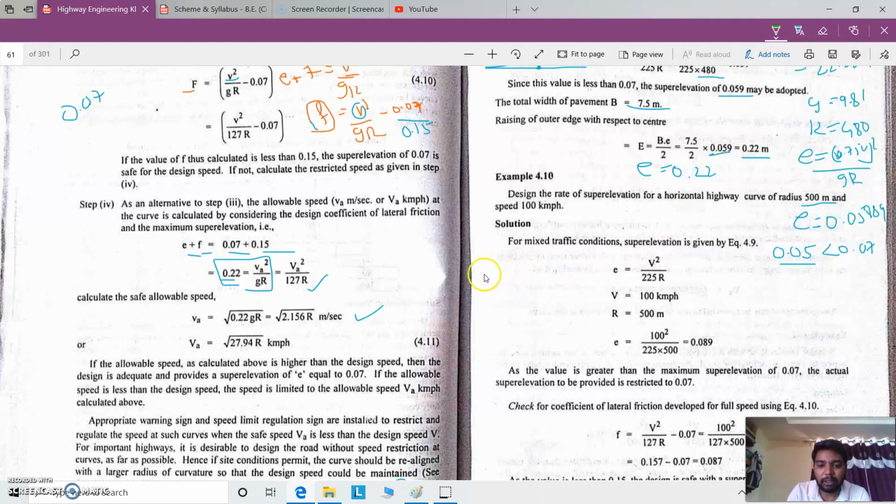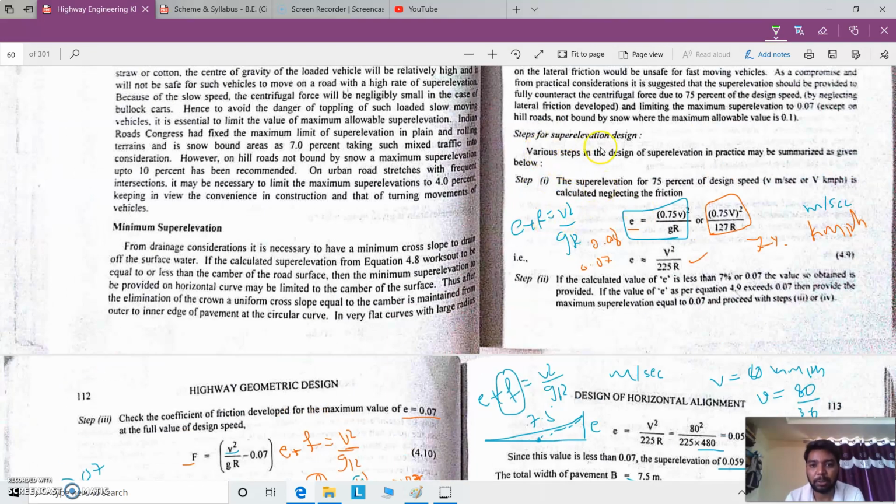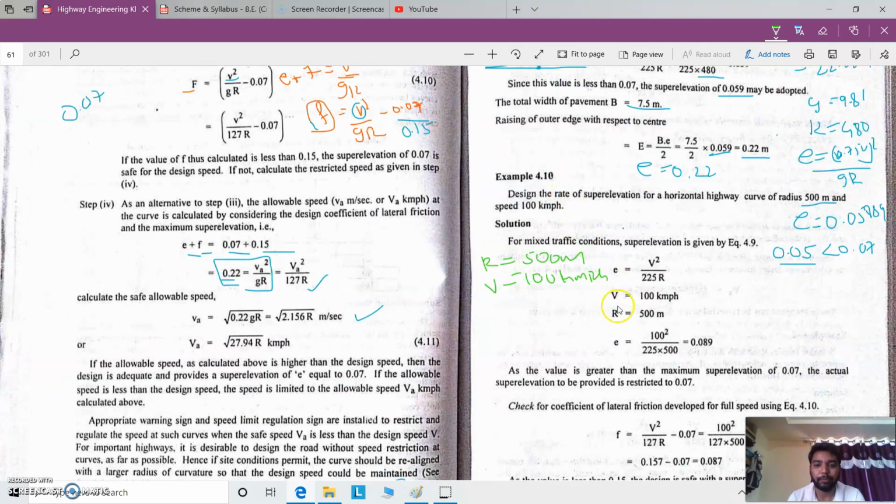Right, so here the radius of the curve is given as 500 meters. Similarly, the speed is given as 100 kmph. The rate of super elevation is asked on the highway. So the steps that we have considered in the previous studies, the steps for super elevation, have to be adopted here. And here, neglecting friction, we should consider